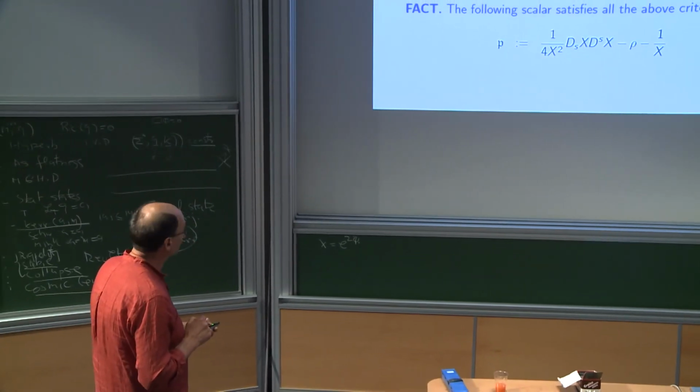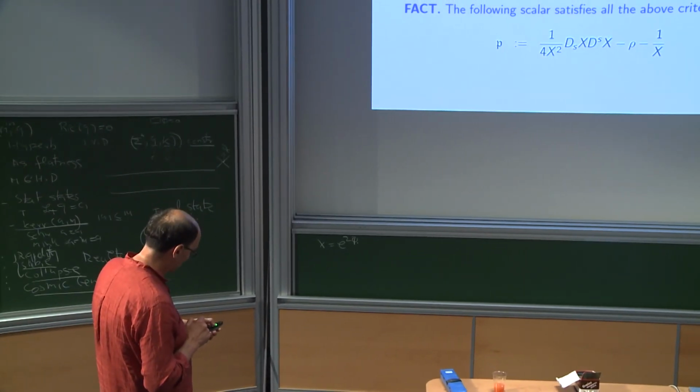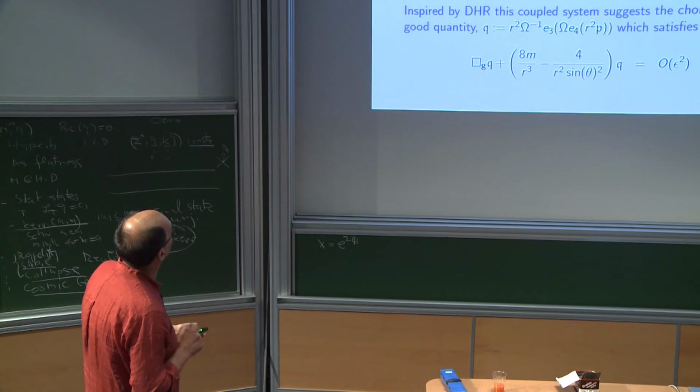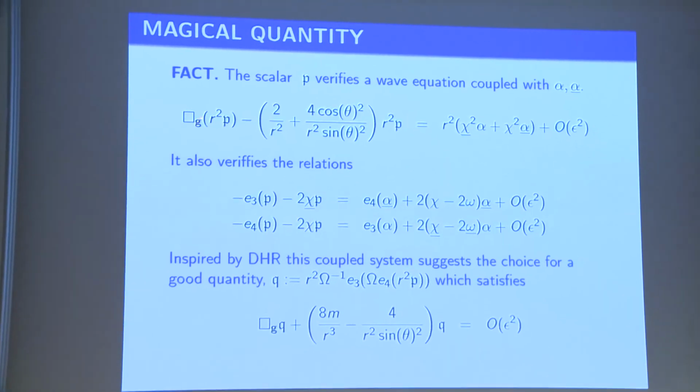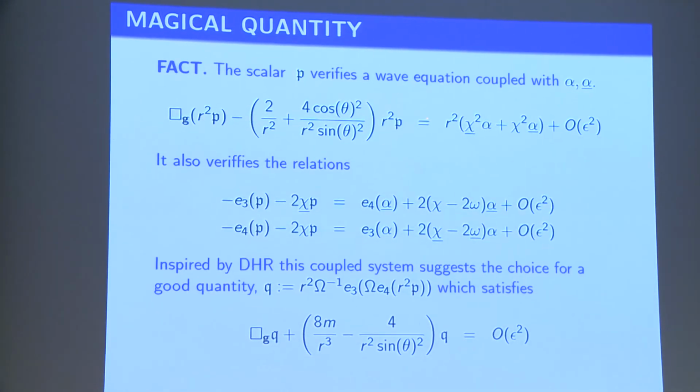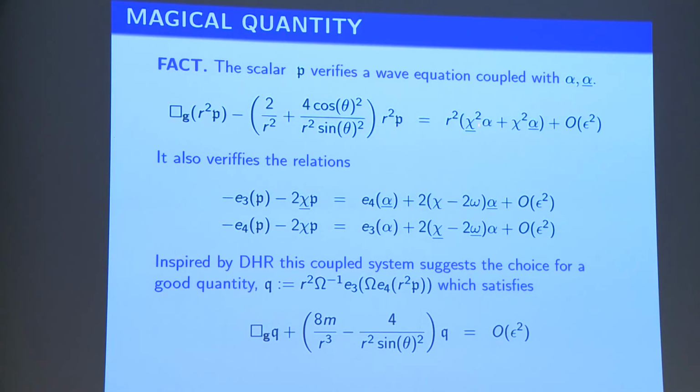And it satisfies, unfortunately, not a good wave equation, but one which is still a wave equation, which looks like this. Unfortunately, it's still tied to the Teukolsky quantities, alpha and alpha bar. We were hoping to get something with nothing on the right-hand side, just O of epsilon squared, but it turns out to be much more complicated. However,